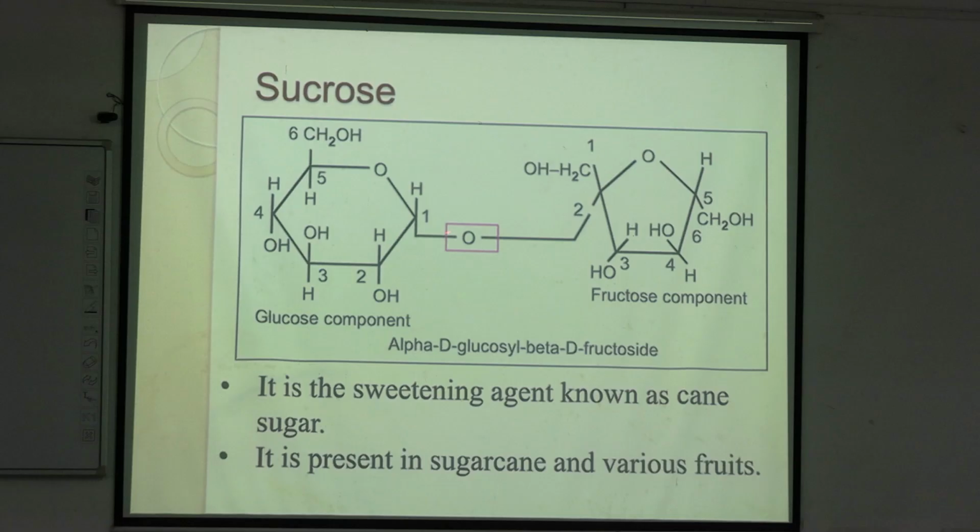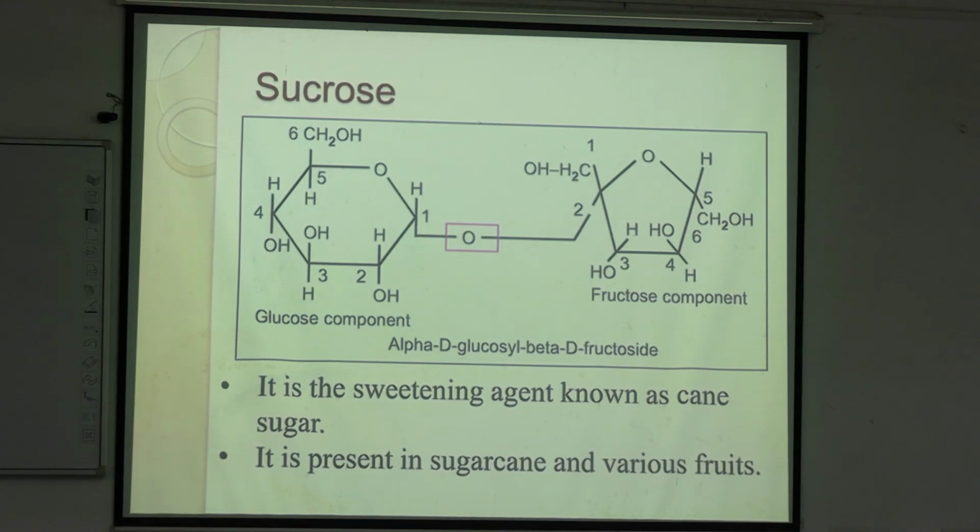In case of fructose, how to differentiate? There will be no OH group, there will be CH2OH. So here it doesn't matter whether fructose is in alpha form or beta form. Always it will start from the initial monosaccharide. So this will be an alpha 1,2 glycosidic bond. Alpha glucose 1,2 fructose bond.